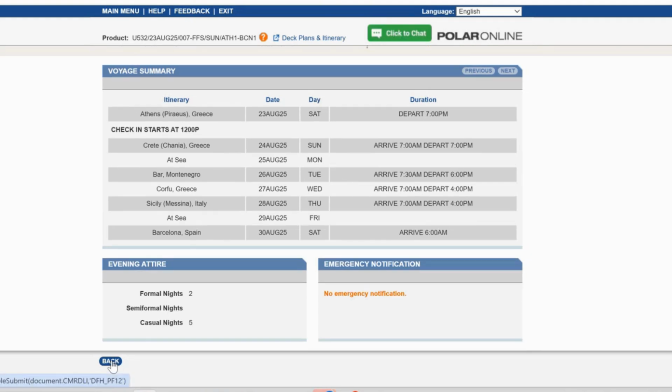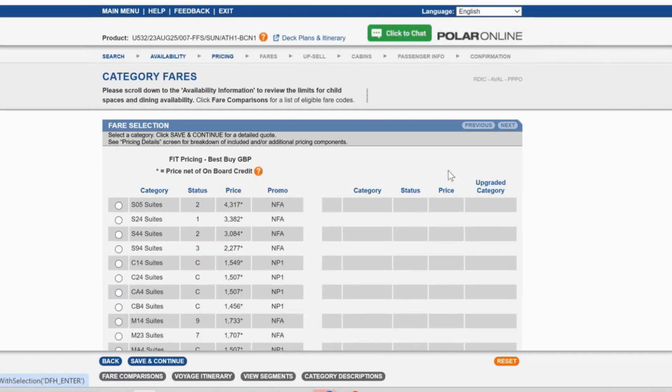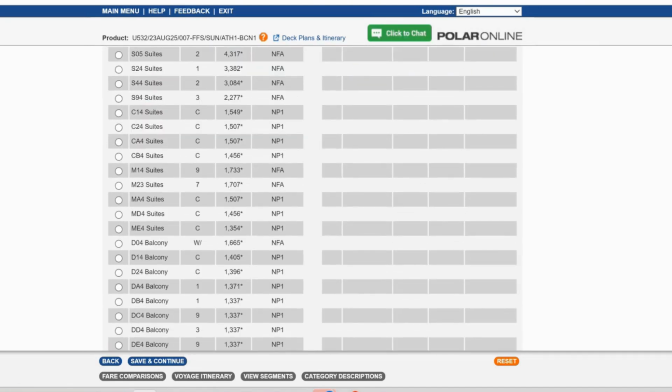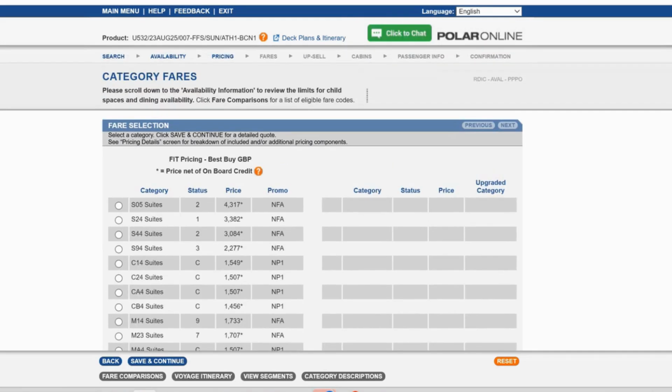And then we can go back once we've confirmed that they're happy, and save and continue through. And so this is what I mean by the category list. It brings up all the different grades of cabins and categories. One really good feature about Polar Online, that we're one of the only brands that has, is an